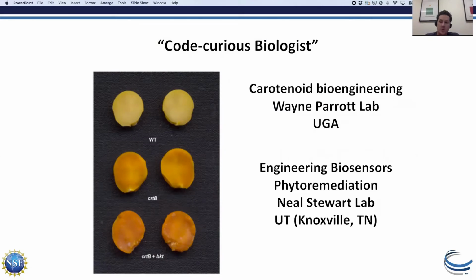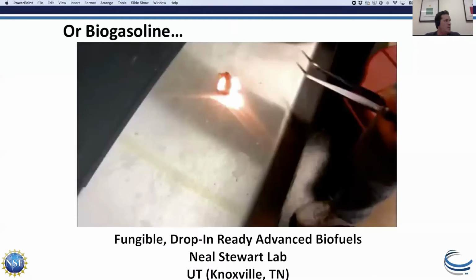So my initial work was actually in soybeans. I was working with Wayne Parrott at the University of Georgia. I inserted one gene, a phytoene synthase, into soybean, and voila, it makes beta carotene, which turns the soybean orange, which is kind of fun, of course, to put on a poster. And that was a pretty fun thing. But then you get into